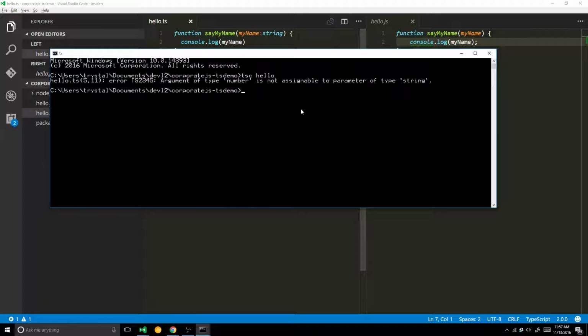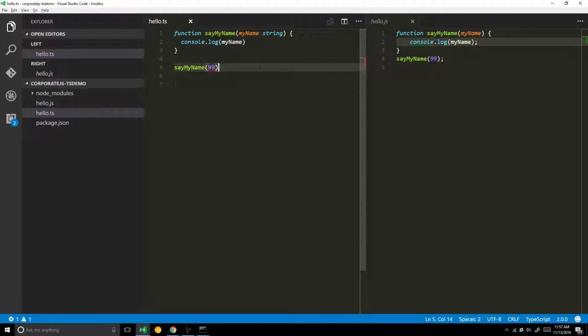So we got an error, and the error is that the type number is not assignable to the parameter type string. So that means we can't even build this application until we fix the error, which is, again, one of the reasons why, as a company, you would want this. So if I change it now to Fred,